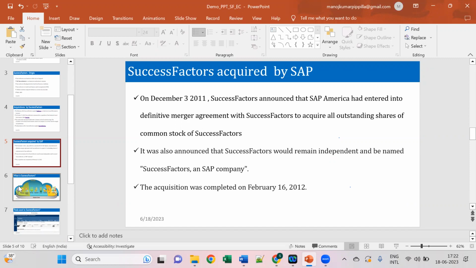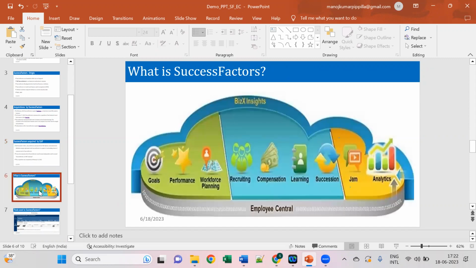Clear? Within Success Factors, there are multiple modules, as we discussed. Once any employee is hired into a company, many things happen to that employee. We will be maintaining the employee data, there will be salary increments, and HR people will give some task to the people, like you need to complete this course.